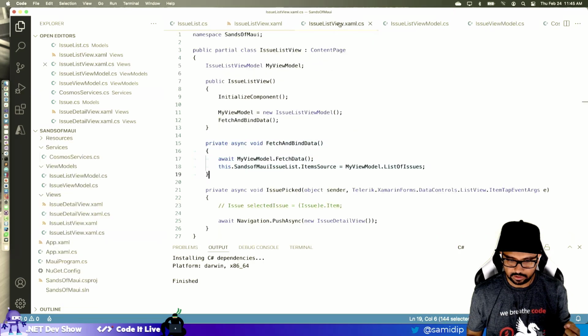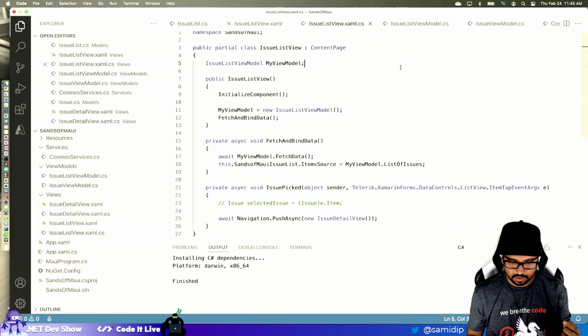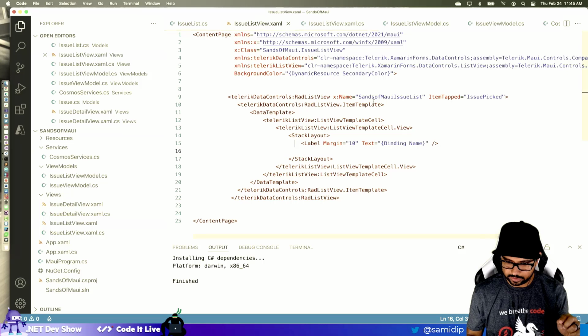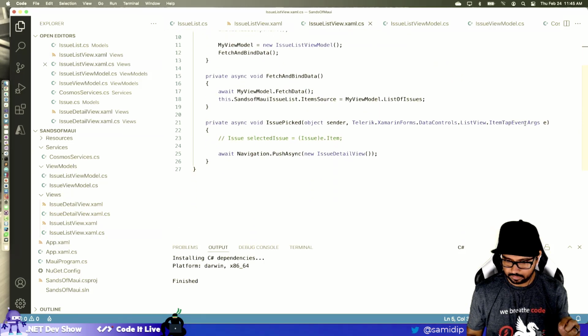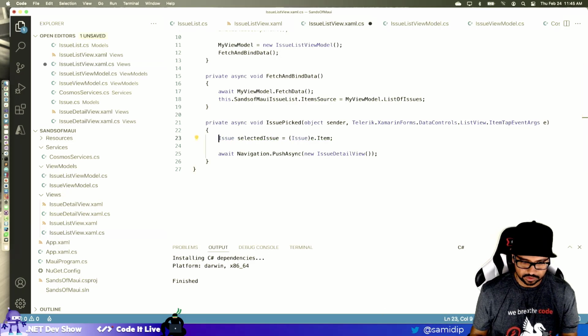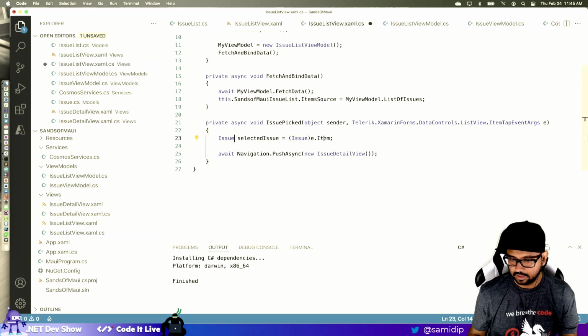So let's go back to our ListView XAML. I already have the item tapped thing wired up, I think. Yep, item tapped is right here, issue picked. So when I tap on an item, yeah, there we go. I actually had this commented out because I was thinking that I will have a class called issue, which I do now. So selected issue is fine, and it should be able to take that issue E, which is the item args of item, and I need to send this.